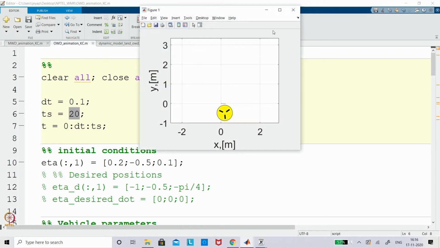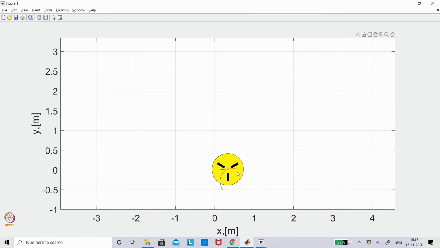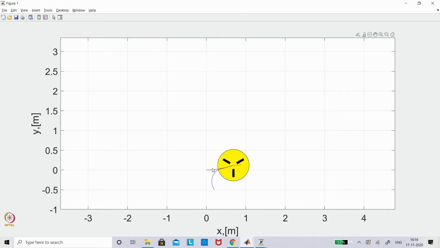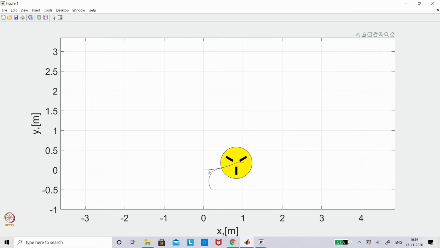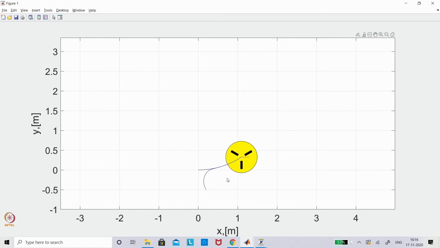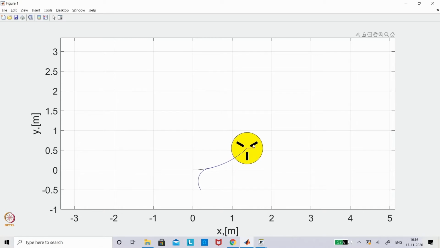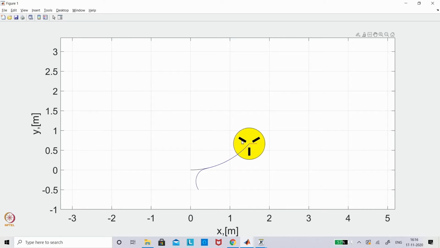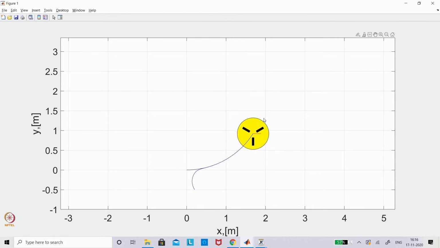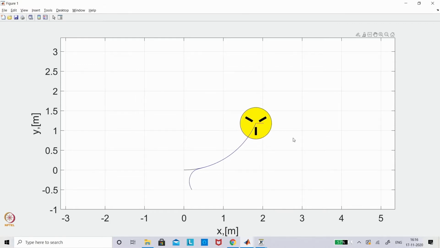Now you can see the vehicle configuration. It is starting from non-zero and trying to follow. The blue one is the actual and the black one is the desired. It is trying to follow after a certain time, which you can see from the time trajectory profile. This is the 30° wheel, this is the 150° wheel, and this is the 270° wheel. This wheel takes the lateral motion directly and these two combined take the horizontal motion. That is what you can expect.